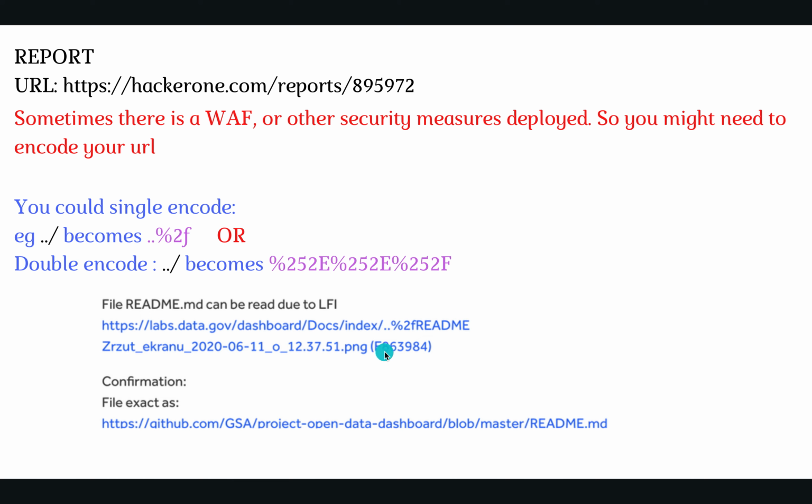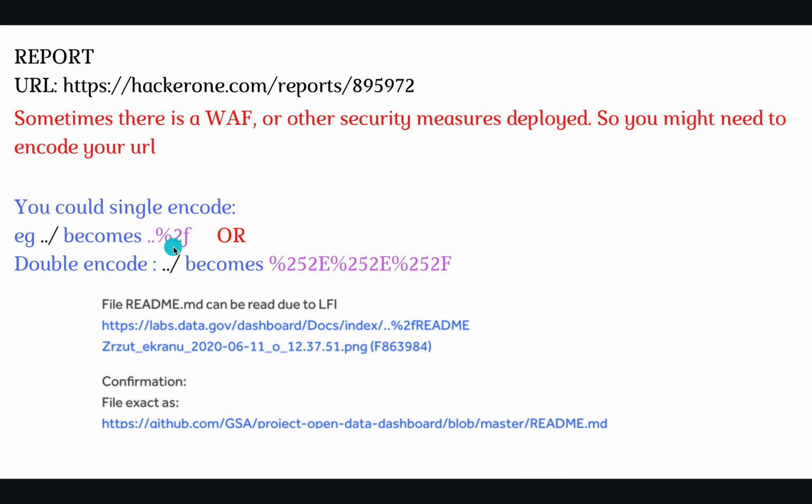So as you can see, what this report suggests is that since dot slash was blacklisted from the application, you could not try this. But what the user in turn did was, he tried dot %2f. Now %2f, if you were to URL decode it, what will it be equal to? It will just be equal to the /. Now this is decoded by the web server itself, but it did not blacklist this, because what was blacklisted? This was blacklisted, not this.